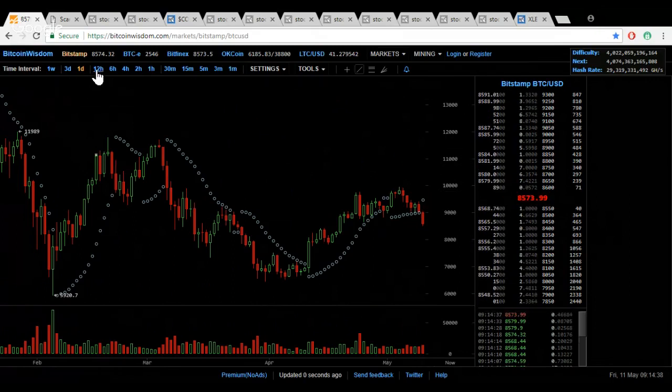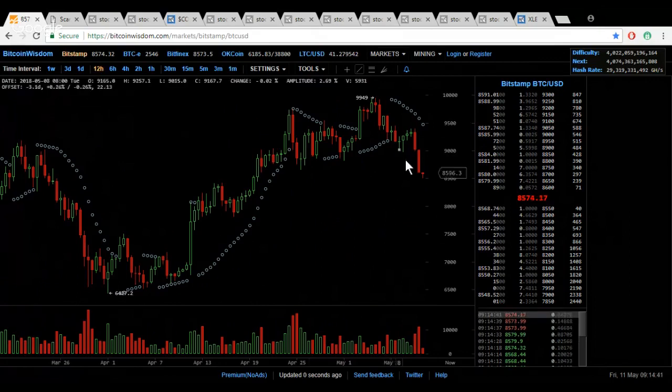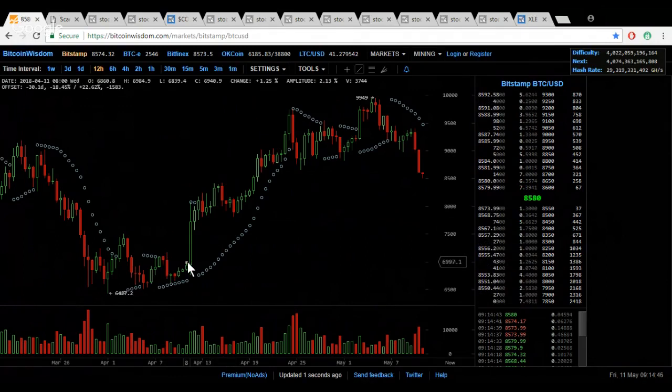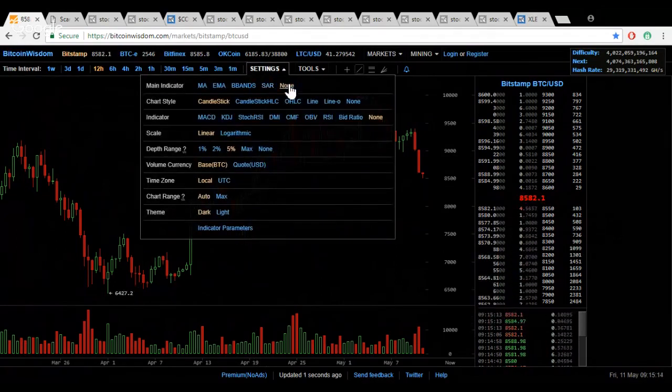That's the 1-day period. On the 12-hour, it is negative, but you see all of the back and forths and why stop and reverse points are used for major trends, not for flattening markets. Picked up very nicely this entire big move up, and ever since has been signaling confusion on the 12-hour period. We are now sharply dropping below those. It will take a while to get back to those stop and reverse points. I will now take those off, and we will move to the MACDs.